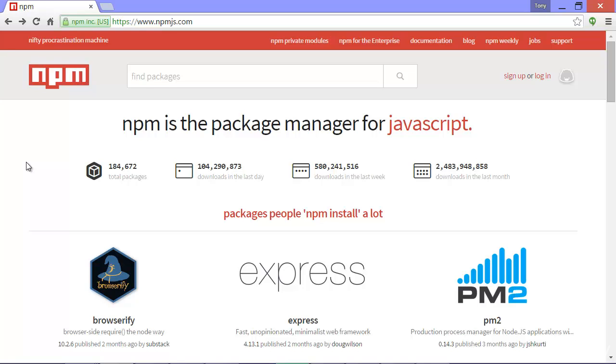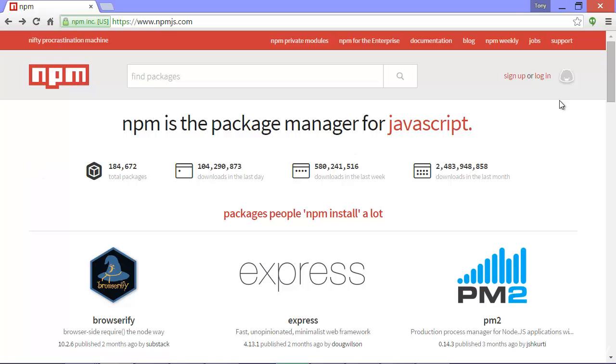Anyone can put packages into NPM. And NPM literally has tens of thousands of packages available and literally billions of downloads. So that doesn't mean that everything in NPM is good. You have to be judicious and take care when choosing the packages that you're going to install and use in